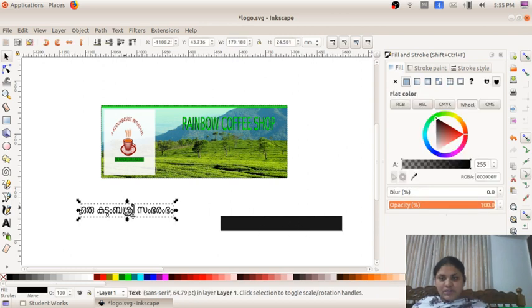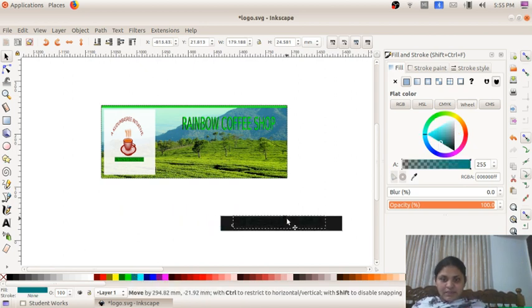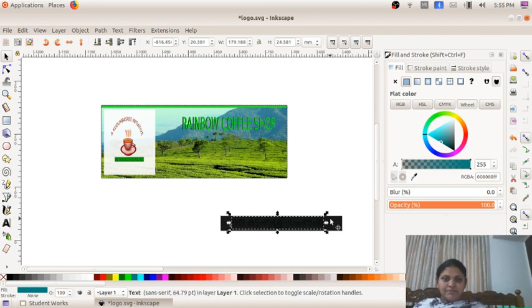Before that I am changing the color. I will give light blue, or okay, this color I will give. Okay, after that I am taking this and I am keeping it here.